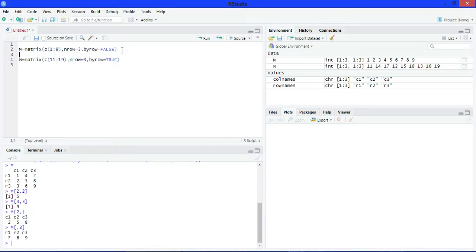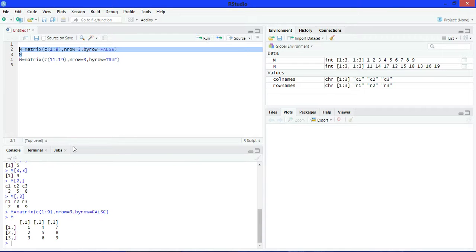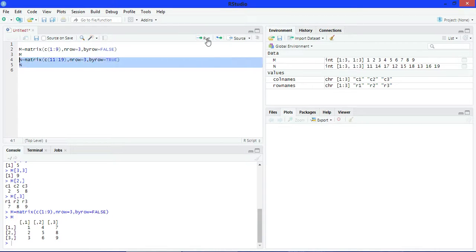Now here print, run this. See, this is M matrix and print here N matrix. Run it. This is N matrix.